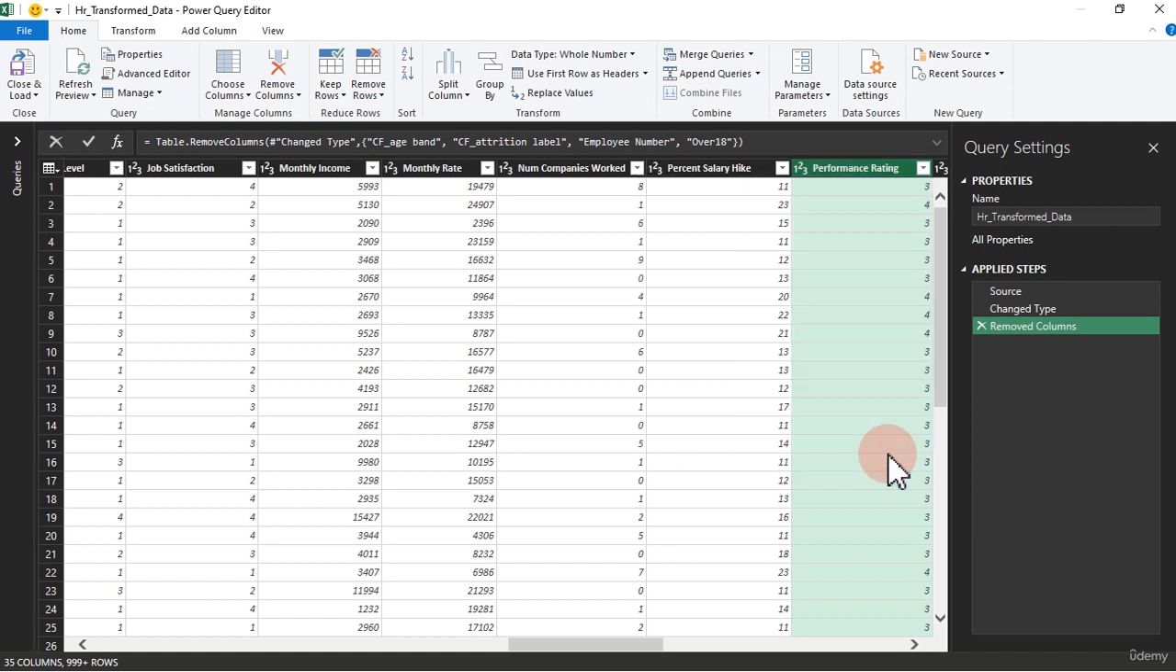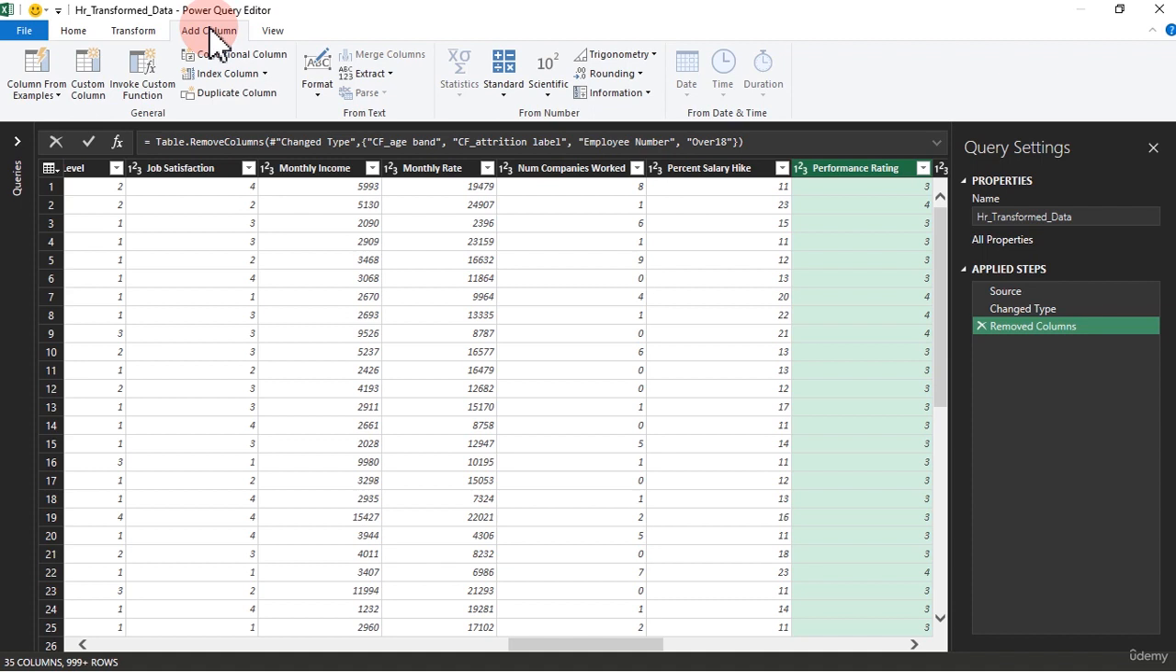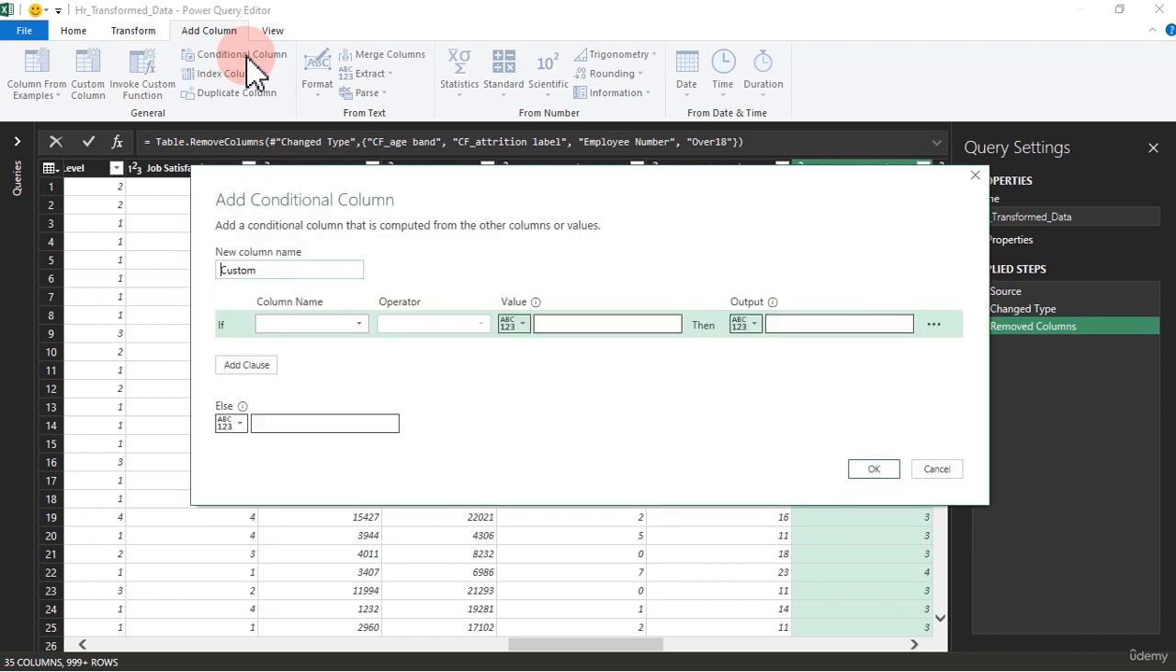So I'm going to come here right now. I will just go to where it says add column. Under add column, we're going to go to this conditional column right here. We're about to add a new column to our table. So I'm going to click on it, and that gives us this. We're going to type here the name of the column we're about to create. That is going to be performance